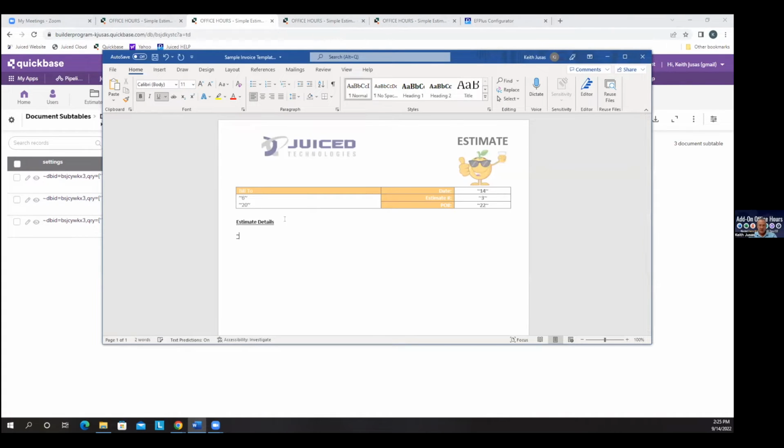And I'm going to put in tilde st_rid equals 3 tilde. And really what that says is go to the subtable record ID number 3 and go gather the data based on those parameter settings that are there. So once I put st_rid equals 3 in there and I hit save on this,